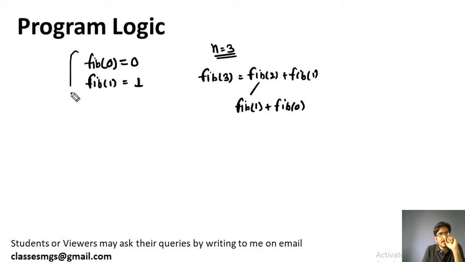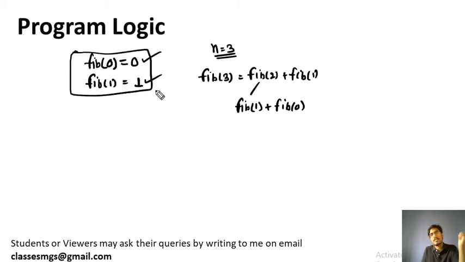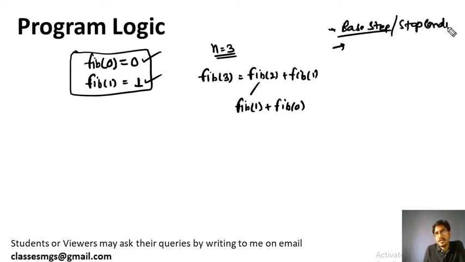This is the base condition of our Fibonacci function, because I have already explained what recursion is. Recursion is calling the same function again and again by the same function, and a recursive function has two steps. One is the base step, that is the base condition, also known as the stop condition. Without the stop condition the recursion will be infinite, and the other one is the recursive step. Okay, so this is how it will work.